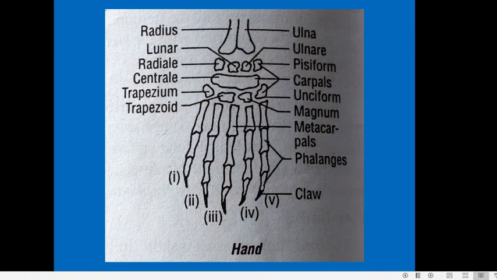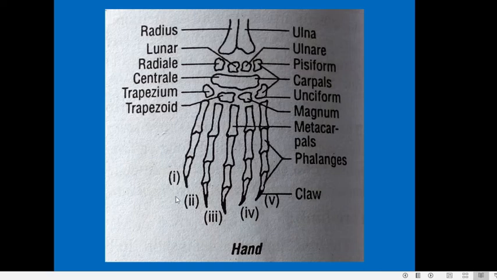Now we move on to the digits or the fingers. The digits are supported by bones which are called phalanges. There are 5 digits, but the number of phalanges is not even. The thumb consists of only 2 phalanges. So here you can see only 2 phalanges in the thumb, whereas all the other digits possess 3 phalanges each. 1, 2, 3, here 1, 2, 3, here 1, 2, 3 and here 1, 2, 3. So we can write the phalangeal formula as 2, 3, 3, 3, 3. It is the phalangeal formula in the rabbit in the forelimb.